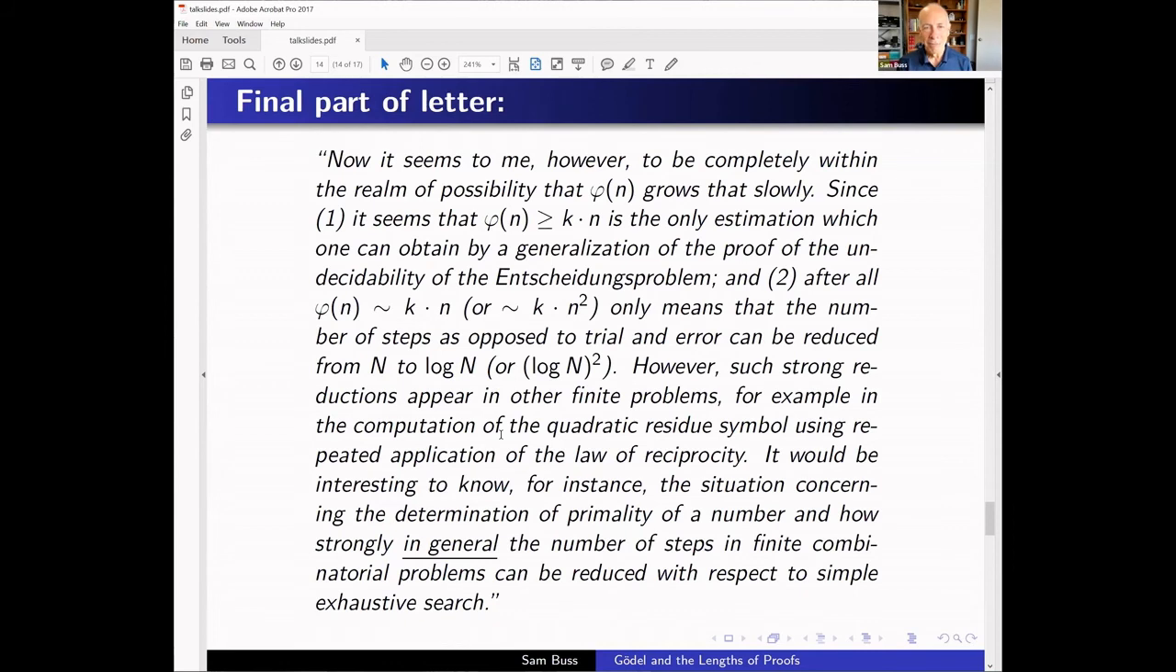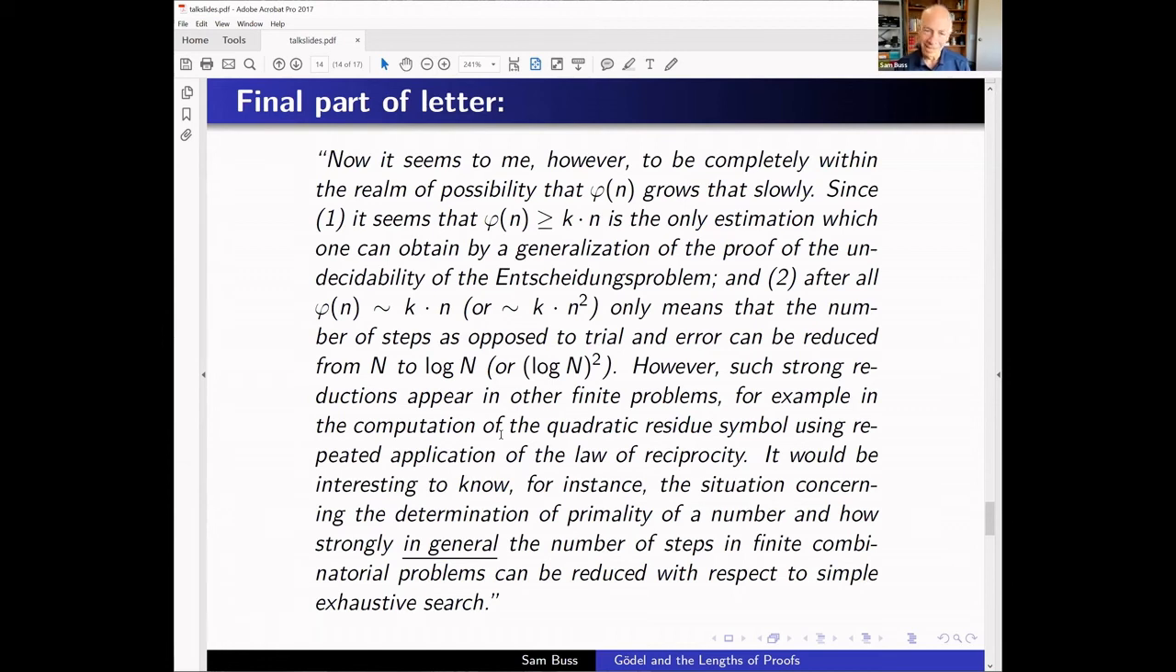Now, it seems to me, however, to be completely within the realm of possibility that phi of n grows that slowly, since firstly, it seems that phi of n greater or equal to k times n is the only estimation which can be obtained by a generalization of the proof of the undecidability of the Entscheidungsproblem, which is the proof I just showed you. And after all, phi of n proportional to k times n or k times n squared